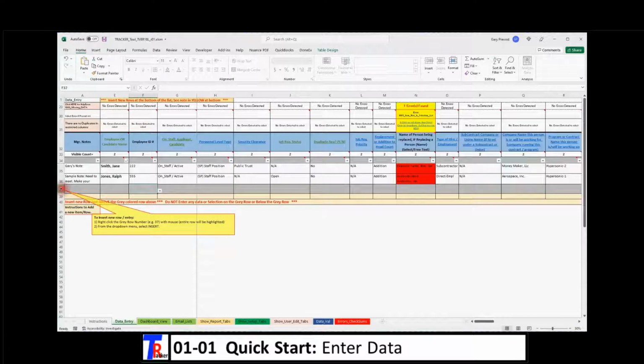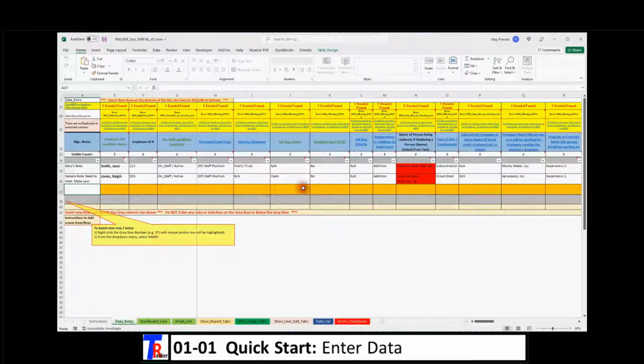To add a new person, you simply select the row, these numbers on the left, these are the row numbers. I'm going to right click that and say insert, and each of these items show up as orange, indicating it's missing data. So I can type in there's another Jones, Bob, and keep going across and entering each piece of information that I want. Some of these cells are free text entry, some are selectable, and so you want to select, if possible. Free entry text